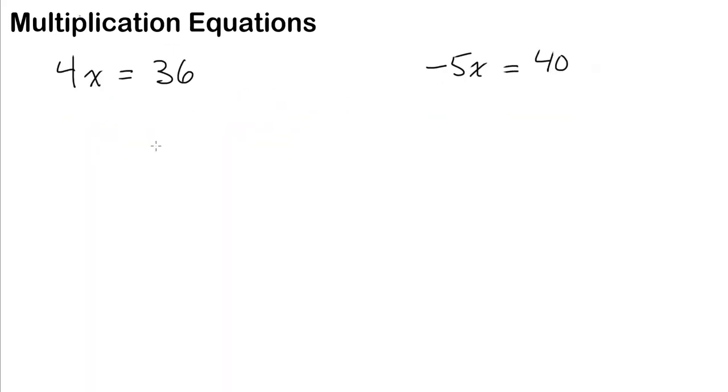All right, so let's take a look at some multiplication equations. Take a look at this first example here. 4x equals 36. You see how there's no symbols in between the 4 and the x. That means this is multiplication. So this means 4 times whatever number x is equals 36. Now you probably already know the answer, but let's go ahead and review the process so that you can understand it. So as always, I have to isolate the variable in order to solve this equation,